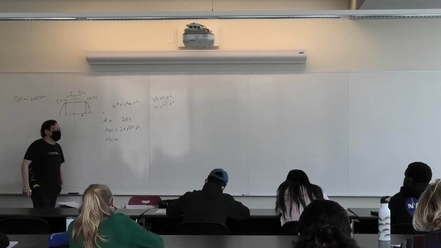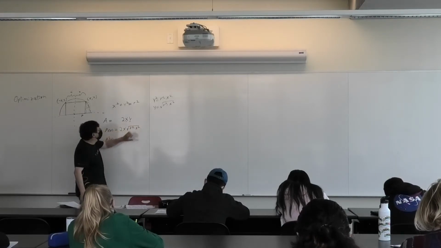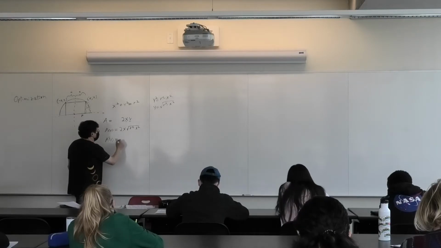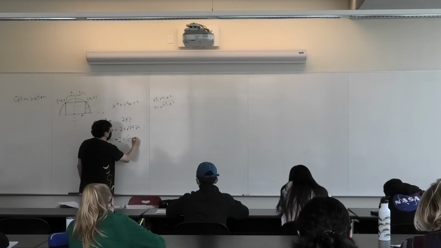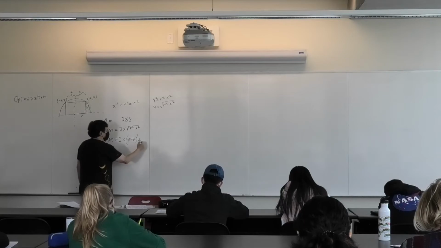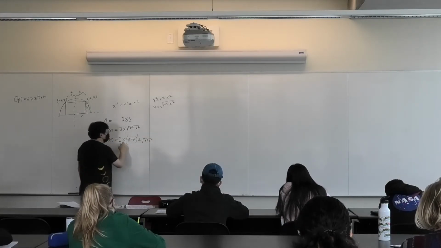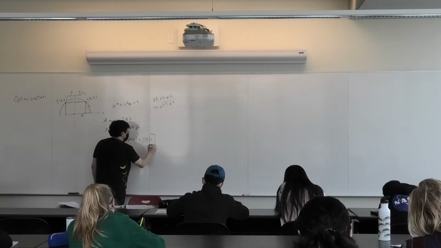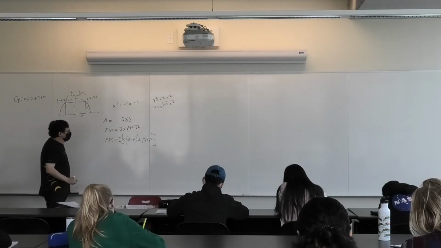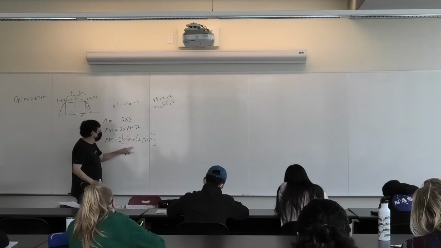Yes, product rule. I multiply x times this mess. So x times, I'm just going to write the derivative of the square root of r squared minus x squared, plus the square root of r squared minus x squared times the derivative of x, which is 1. Make sure I keep my 2 outside of everything.